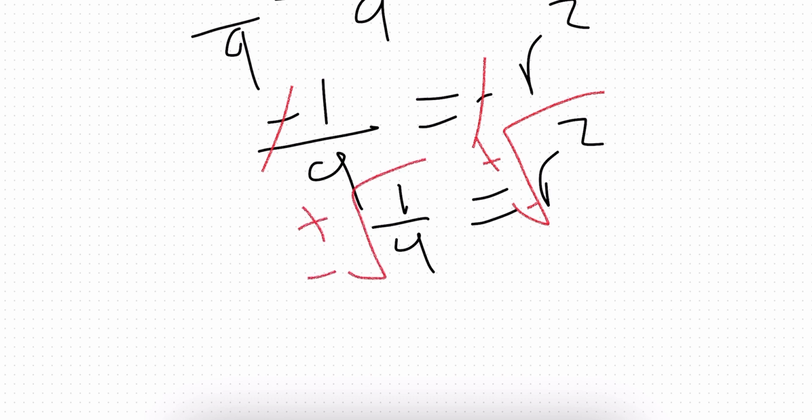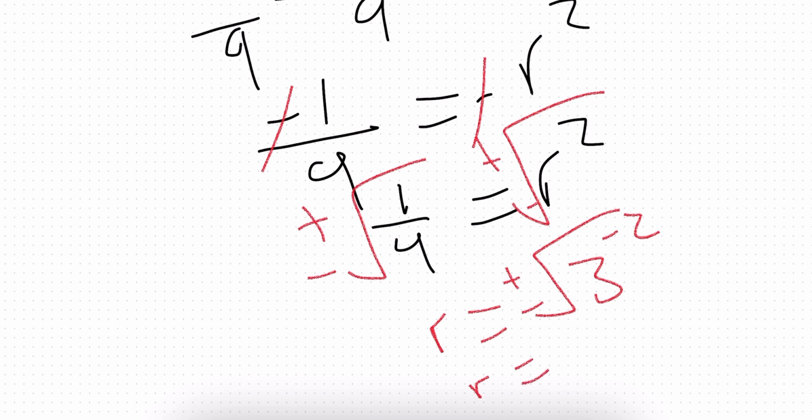But let's solve it. So r squared is no longer existent, because now r equals what? The square root of 3 to the power of minus 2. This is plus or minus, therefore r is equal to plus or minus